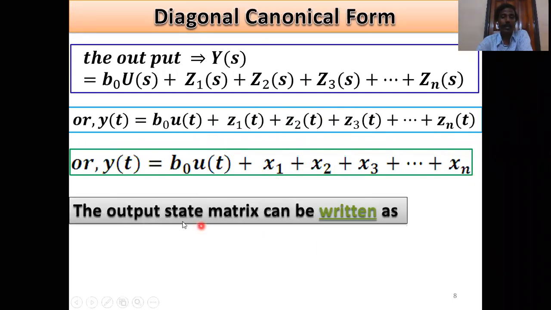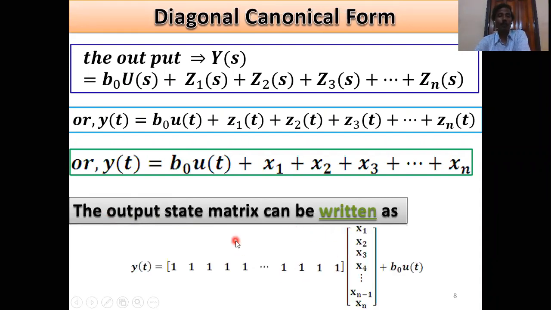Then we can easily write the output state matrix. What is the output state matrix? y(t) equals x1 coefficient 1, x2 coefficient 1, x3 coefficient 1, and xn coefficient 1. So 1, 1, 1, 1 times x1, x2, x3 up to xn, and b0, this is the b0 term, this is the u(t). This is similar to y(t) equals Cx plus